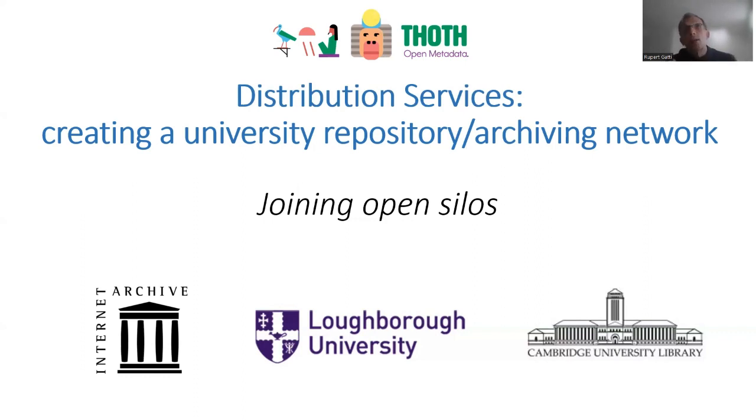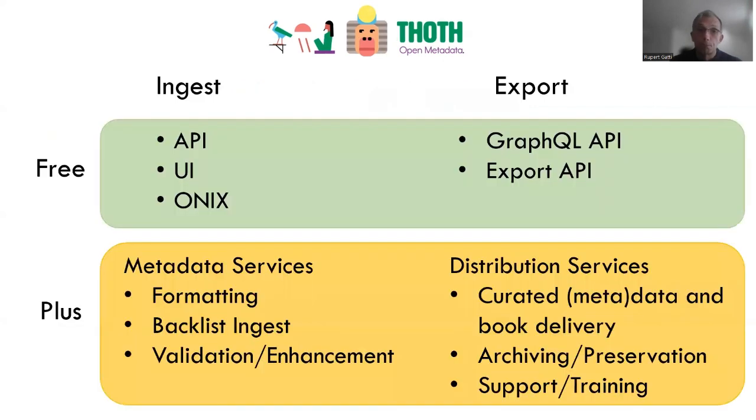but there's a sort of management issue that many of these repositories have quite constrained collection policies, that they will only take works from individual authors from their universities. So one of the things is to be able to join these, if you like, open silos. They're open, you can access the kit, but they're silos in what they're hosting, to be able to join those together effectively to create an effective network using all those university repositories.